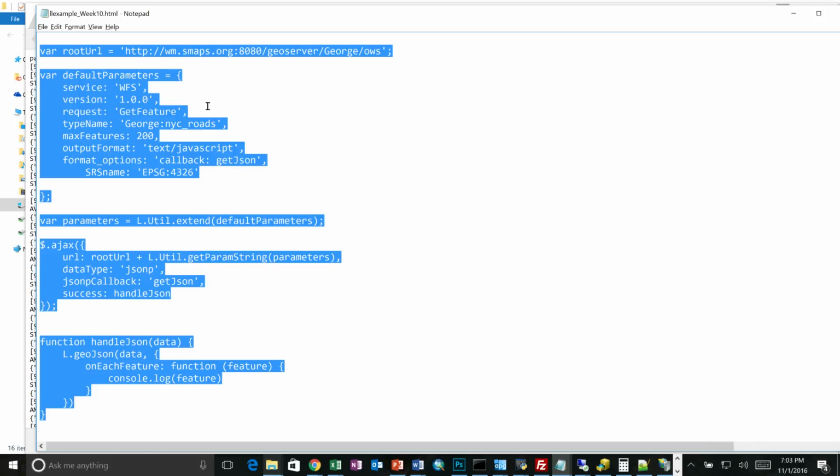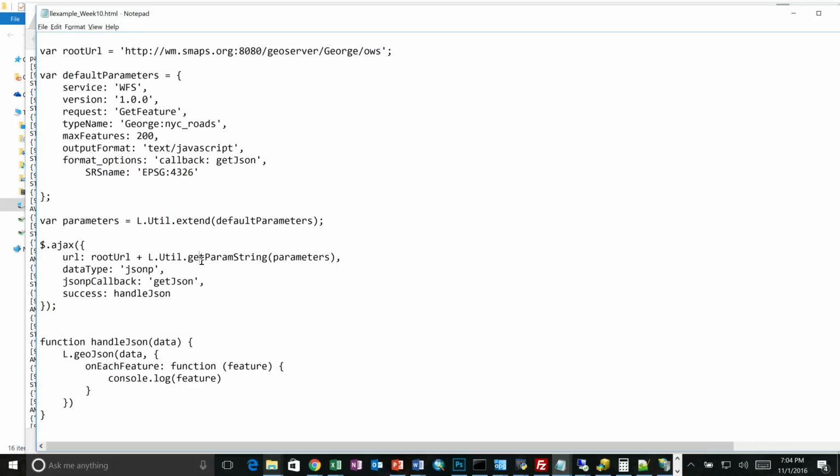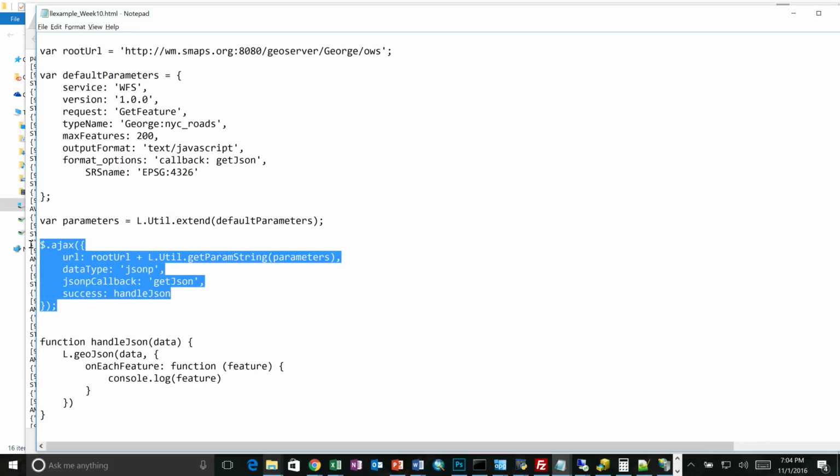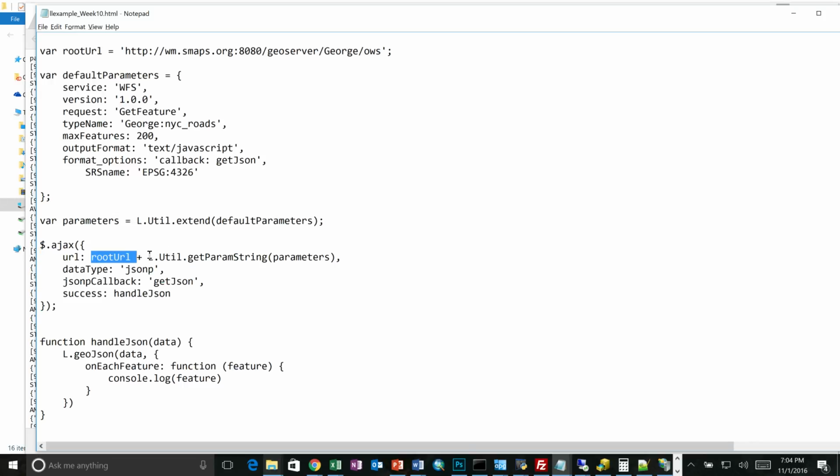The next one also just needs to be what it is. It's callback: get JSON. And then finally, the SRS name allows us to get the data in latitude and longitude. And then all this does is it takes the root URL and it adds all of the default parameters on